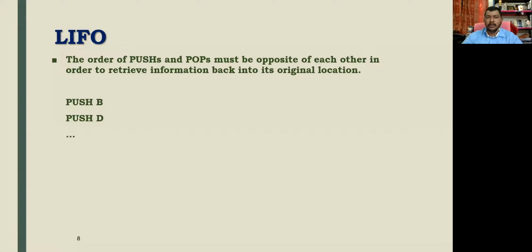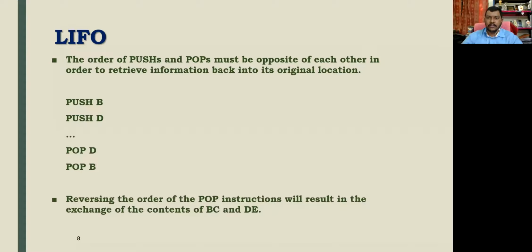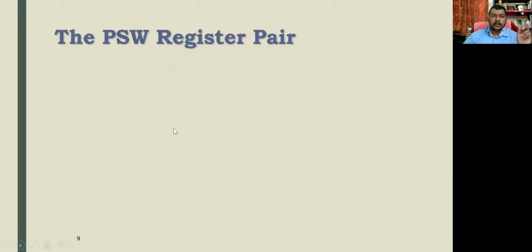तो पहले हमको क्या करना पड़ेगा, push वाले इंस्ट्रक्शंस यूज करने पड़ेंगे, देन ओनली वी कैन हैव पॉप, और सिमिलर ही होना चाहिए। मतलब हम लोगों ने पुश बी किया, फिर नेक्स्ट इंस्ट्रक्शन यूज किया पुश डी, और उसके बाद हमारा कुछ तो भी प्रोग्राम कंप्लीट हुआ, और उसके बाद हम फिर से डेटा रिट्रीव कर रहे हैं, तो वी हैव टू स्टार्ट विद दैट ओनली, पॉप डी एंड उसके बाद पॉप बी। तो लास्ट इन फर्स्ट आउट ये एग्जाम्पल होता है। So reversing the order of pop instruction will result in exchange of the contents of BC and DE. अगर ऐसा किया कुछ तो भी, तो BC और DE के कंटेंट एक्सचेंज हो जाएंगे। दिस इज व्हाट मींस लास्ट इन फर्स्ट आउट वाला कंसेप्ट, लाइक।